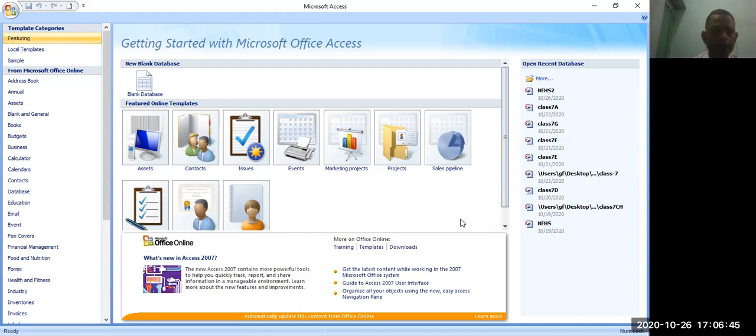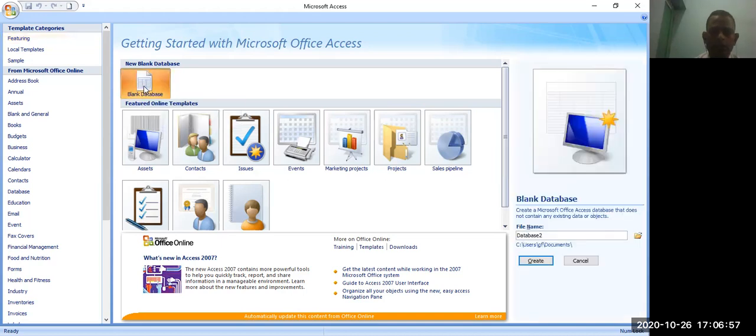You are already familiar with how to create a database. This is the first screen when you open MS Access. Then click on the blank database. Enter the appropriate name of the database and press create.